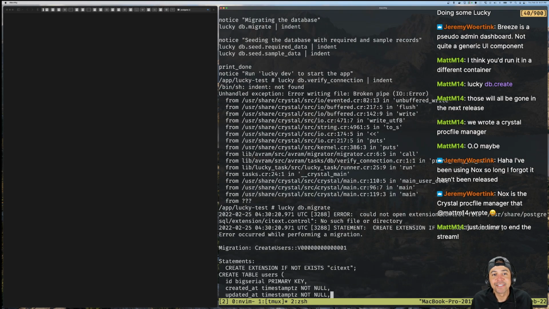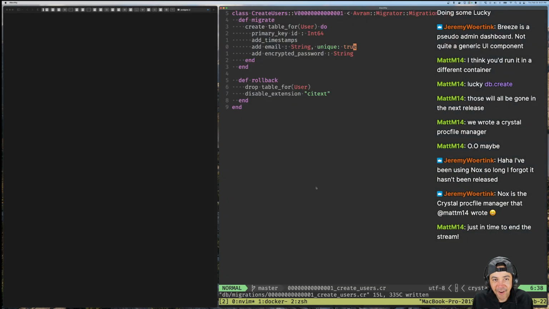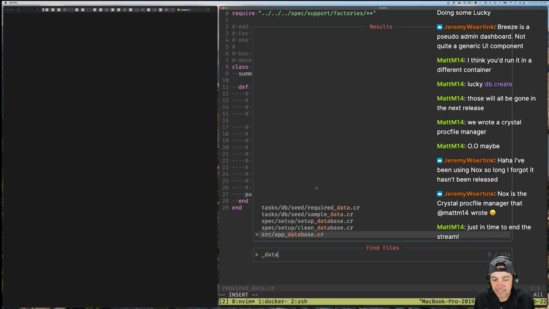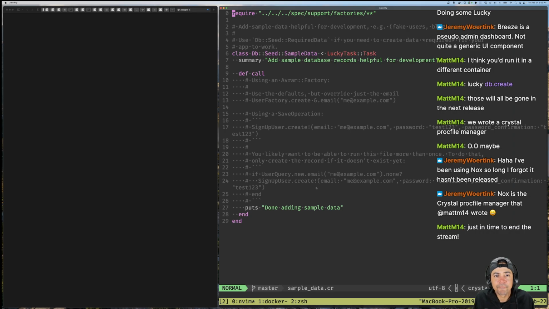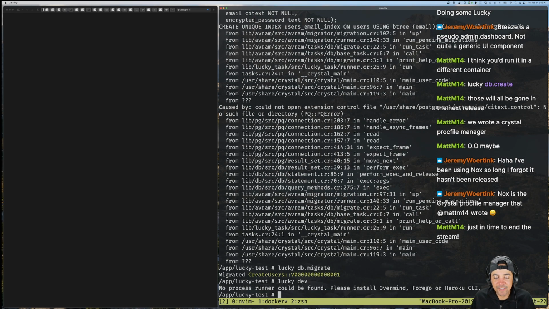Now I think, let's look at the seeds. I bet you, I wonder, required data. I wonder if it needs... Oh no, there's nothing. Oh, perfect. There's not even any seed data at all, right? Let's see. What was the other one? Sample data. Oh, this is perfect. There's no sample data. That's amazing. Okay, perfect. So that's it. We're good. This is it. This is the one. Okay.